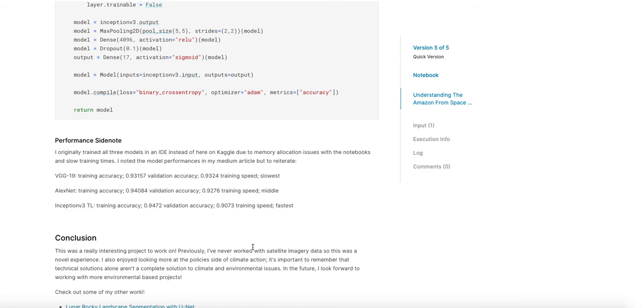And then a performance side note. Originally, I actually trained all of these 3 models in an IDE, so I used PyCharm instead of Kaggle, again due to memory allocation issues with the notebooks, and the training times were incredibly slow. I was waiting at least 2 to 3 hours for each epoch to train, which is way too slow. I also noted the model performances in the Medium article I wrote, but just to reiterate here: